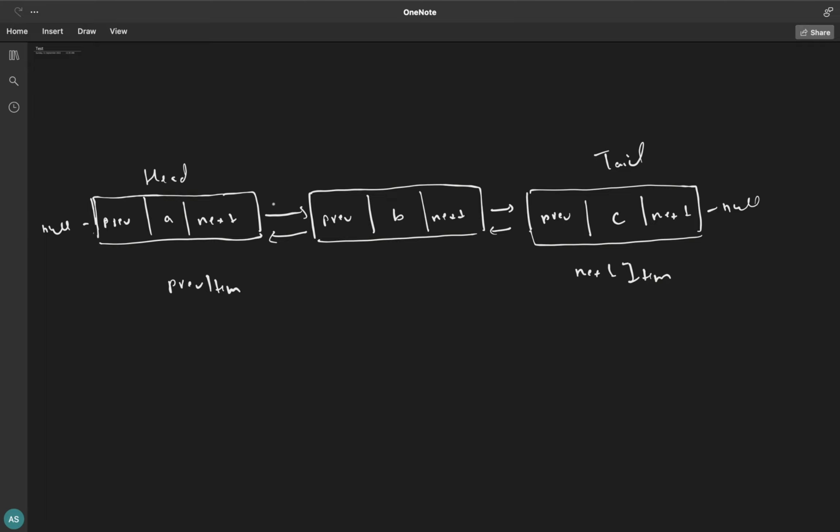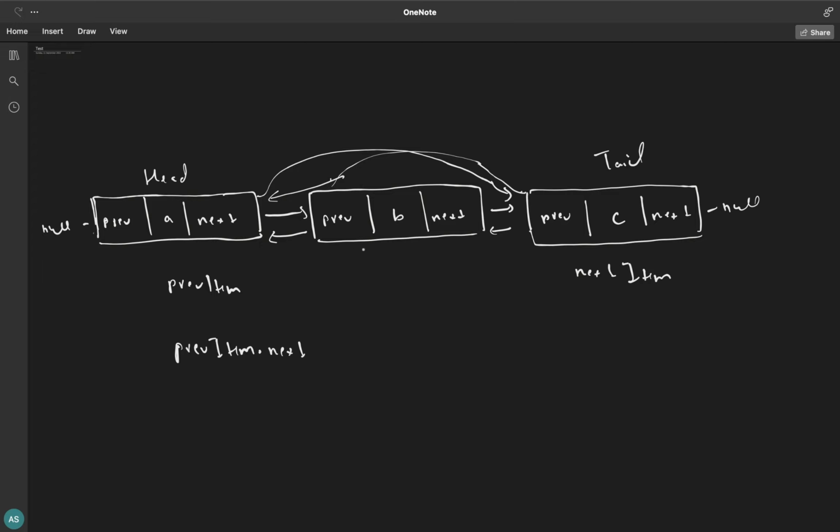We want to point the previous pointer of the tail to the node to which this previous node pointer was pointing, which is the head, and we want to point the next pointer of the previous node, which is the head, to the node to which this next pointer was pointing, which is the tail. So we will point previousItem.next